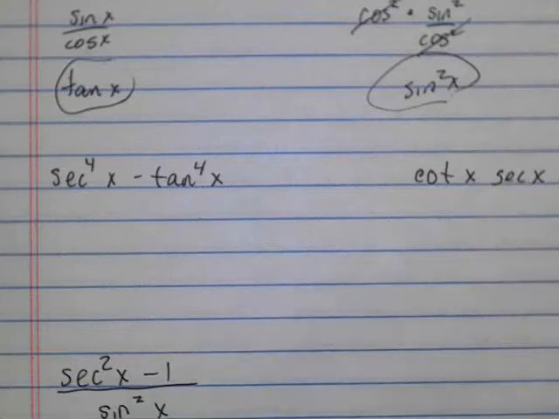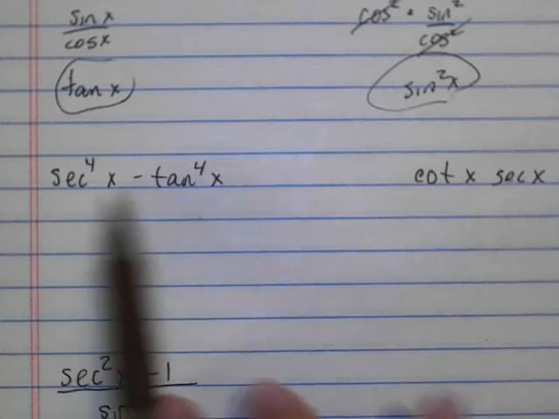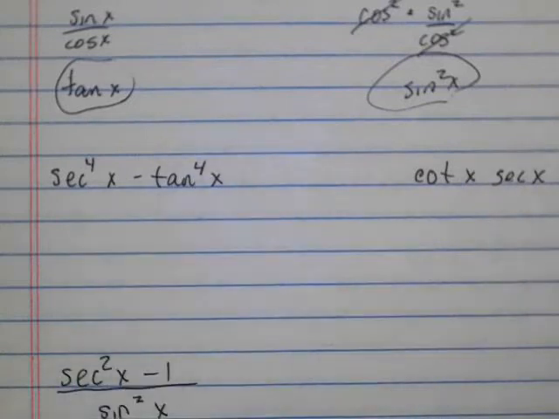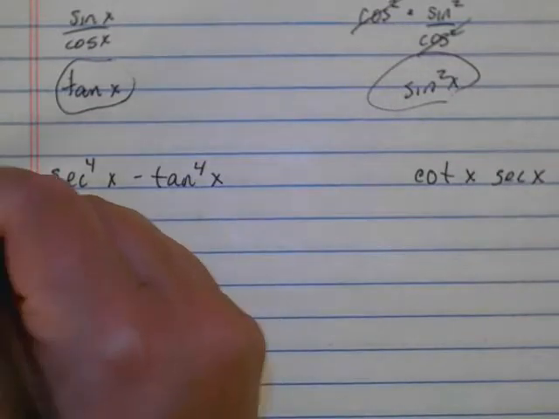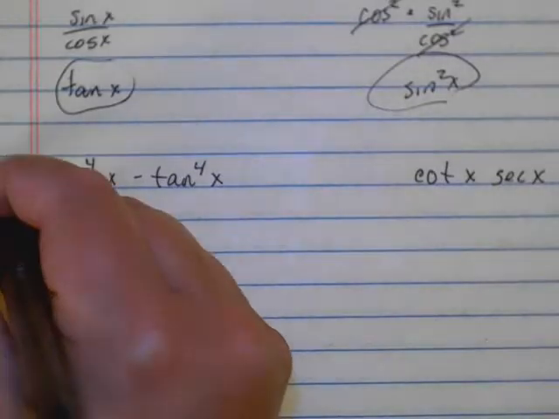Okay, here's two more examples. This one's a little different. We don't have anything that are fourth powers. So what I'm going to do is try to make this into squared powers. And if you'll remember back in Algebra 2, if you had something like x to the fourth minus y to the fourth,